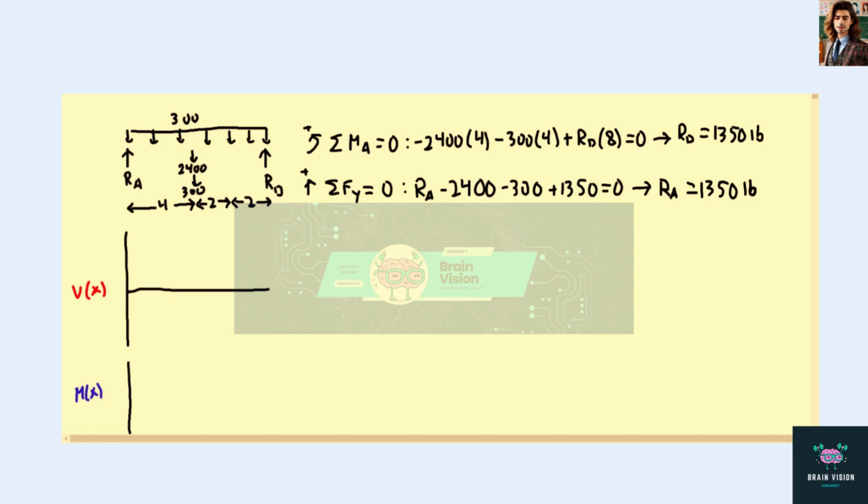Now, when we look at our shear and bending moment diagrams, we're going to look at this force couple, and we're going to look at it as a couple acting at